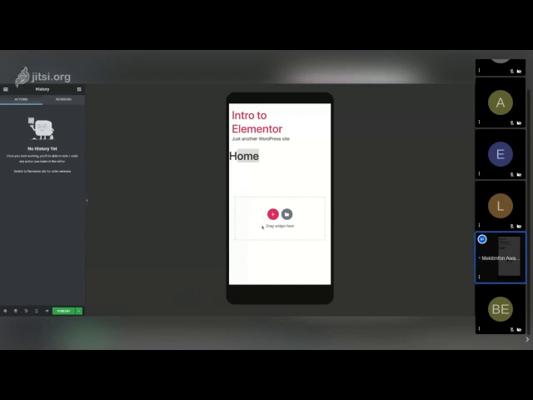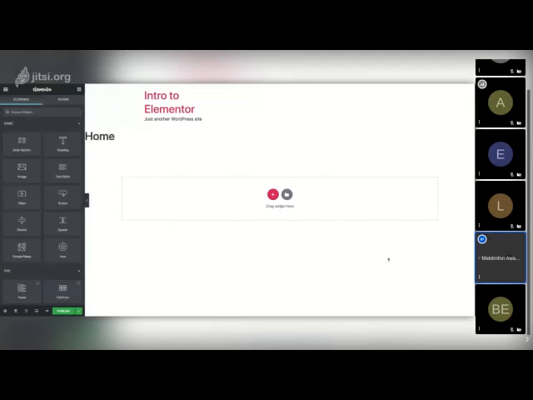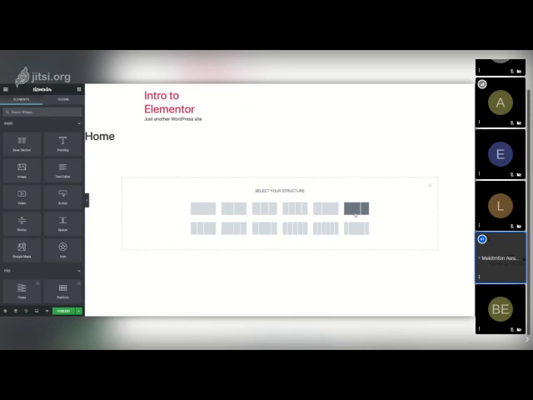So the next thing I would like to talk about is the section, but let's go back, sorry about that. So let's go back to the desktop view. In the desktop view, when you want to create a website, the first thing you do is click the plus and you select the structure. So you can see this is a 50-50 structure where you can put content into 2, you can put content into 3. You can actually adjust this later, but it gives you standard site structures that people use across